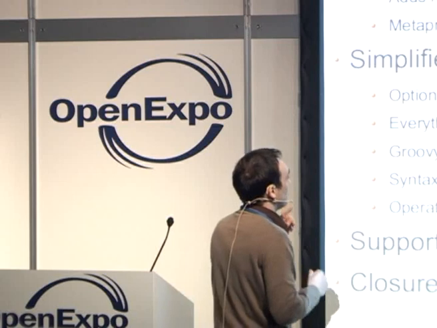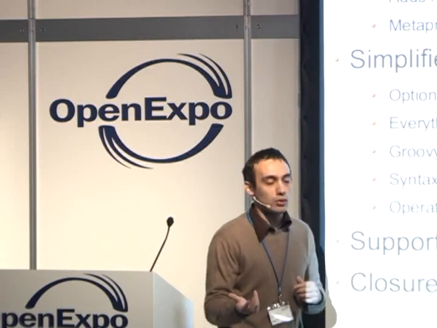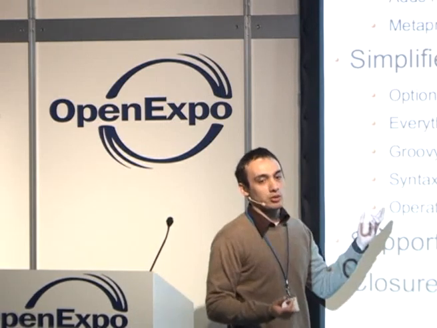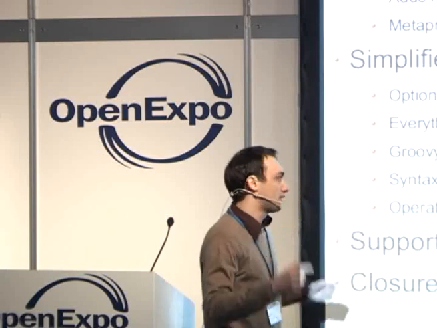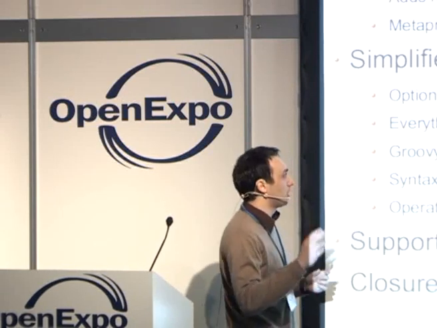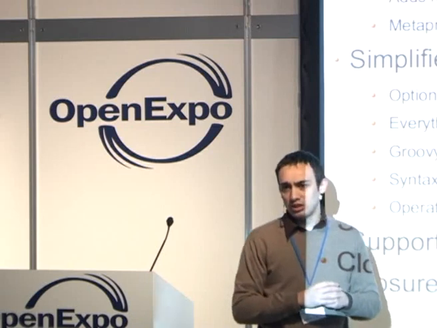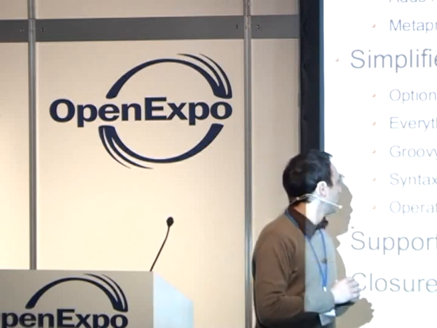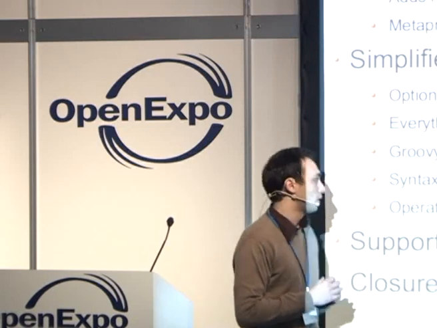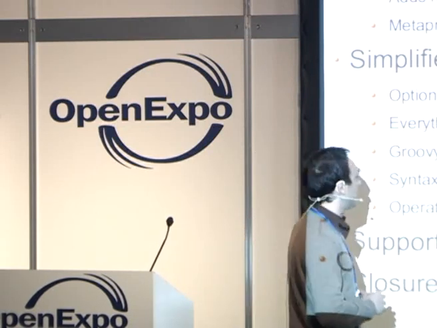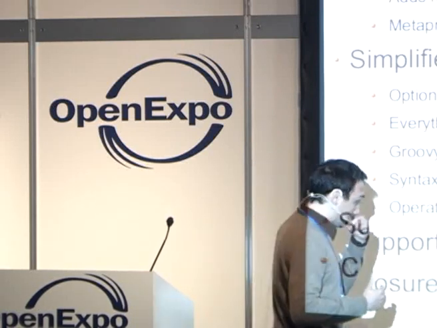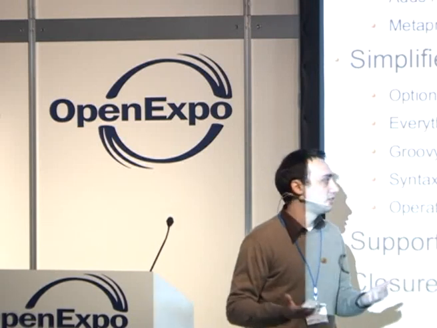But if you want to move forward, we need to understand that there is optional typing. You don't have to put the brackets or some punctuation anymore. Everything is an object. There is no more basic type like int or whatever. There is a special syntax for the properties, what we call Java beans, getters and setters. They are automatically generated on the fly, and we don't see all that boilerplate code that doesn't really do anything